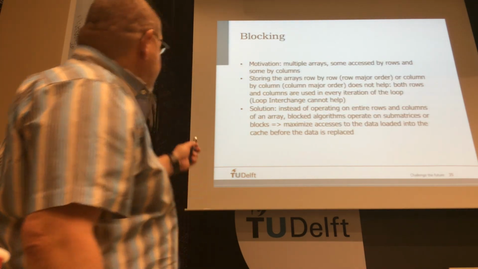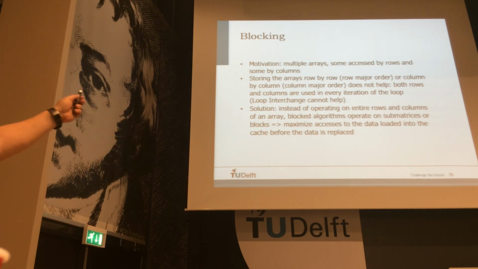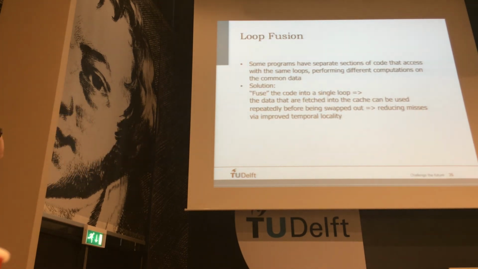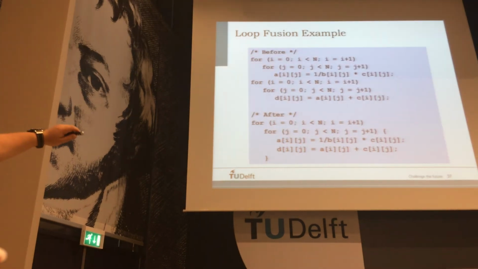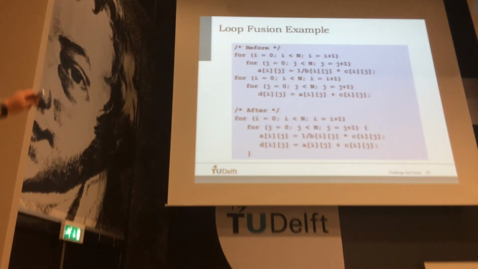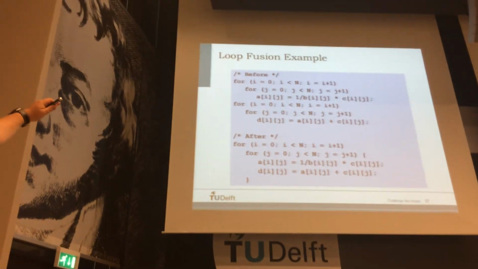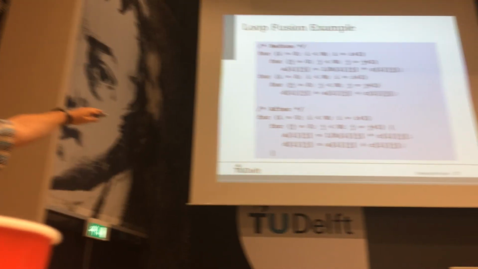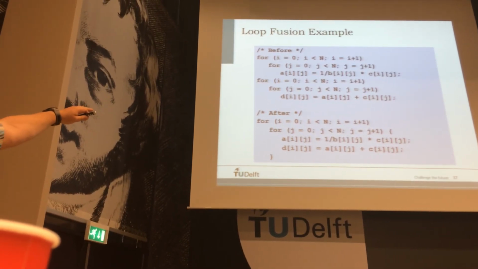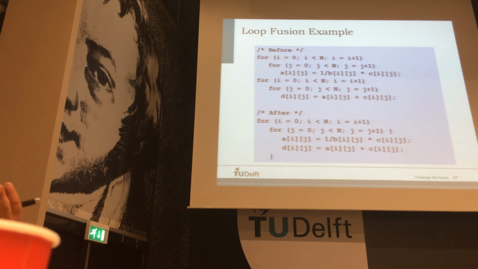Okay, this is about blocking. It's exactly what I told you. I'm storing now in different ways. I can also do loop fusion. You see, I had 2 loops, and instead of 2 loops, I'm just doing the fusion of them. I'm doing the same calculation, but inside the loop, it's more calculation. And I'm addressing the involved matrices only once, and I'm doing a better job.